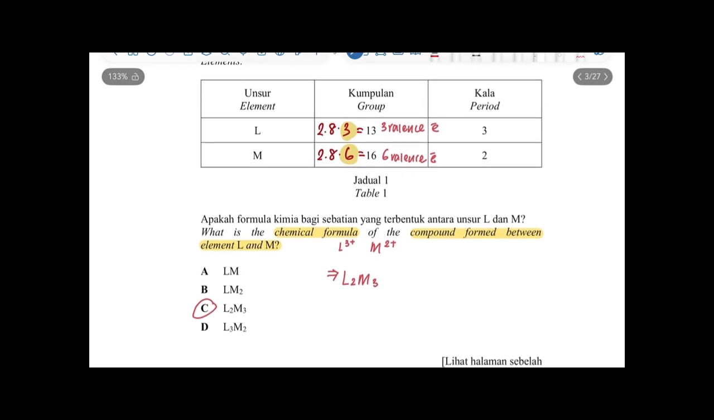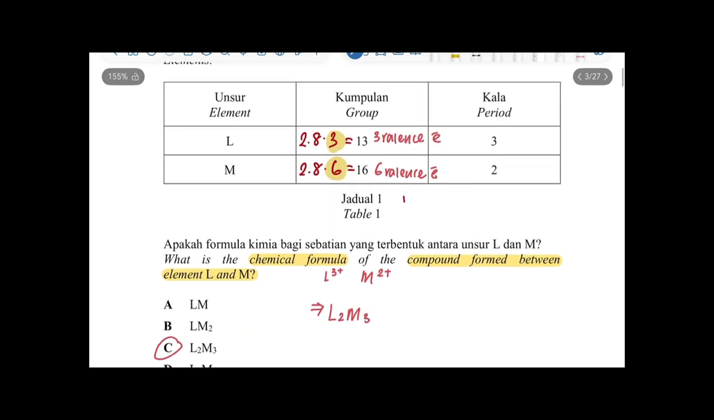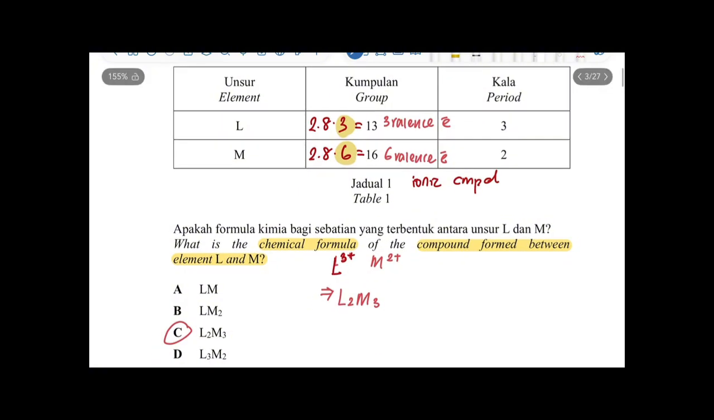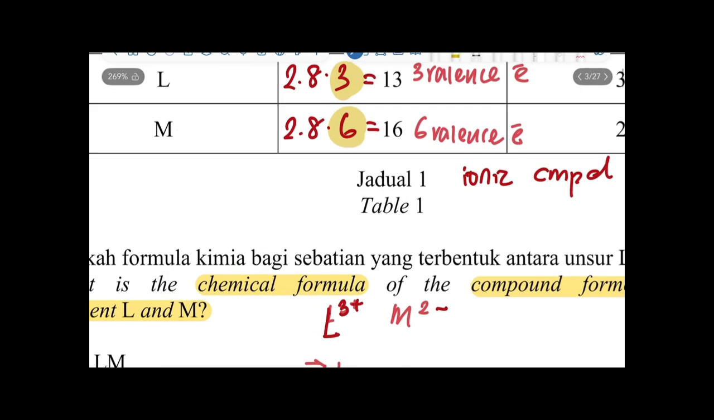So obviously, we can assume that this is an ionic compound. So let's write out just like the procedure we do for question 2. We write the element L with 3 plus because it has 3 valence electrons. And then we write out M with 2 minus. The reason why we put it as 2 is because it is still lacking 2 electrons to achieve a stable octet